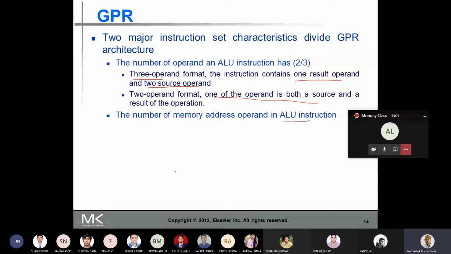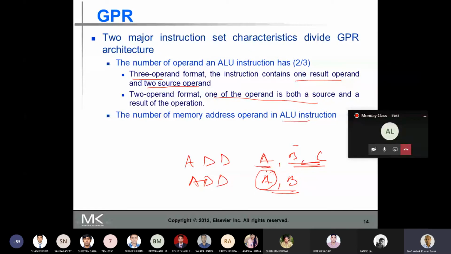Suppose you have written an add instruction with A, B, and C, where B and C are the source operands and A the destination operand, then the contents of the source operands are not lost here. B and C are retained. Now, if I write a two operand instruction, A plus B is added and the result is stored in the destination. If A is my destination, then the previous content of A is lost.